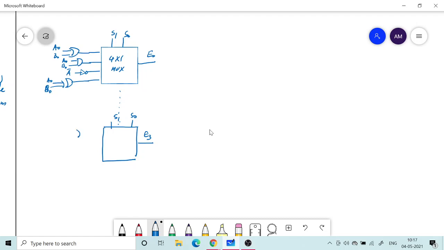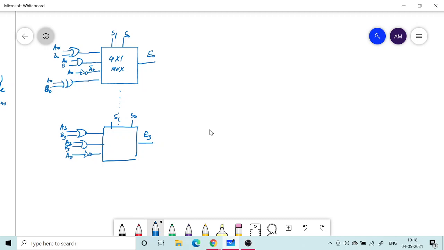First of all, the OR gate inputs are A3 and B3, then the AND gate inputs are A3, B3, the inputs are the same, and then the NOT gate, if I want A bar, here I should give A and we will get A bar here. Okay, so let me just read that. So for the NOT gate, here it will be A0 bar, and I will give only A0 here.